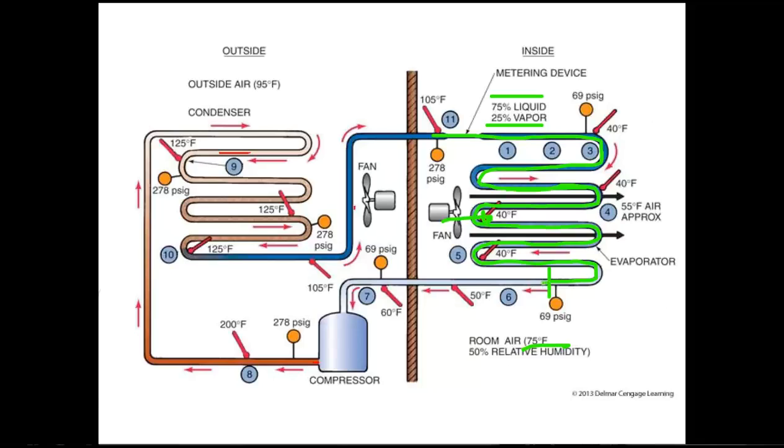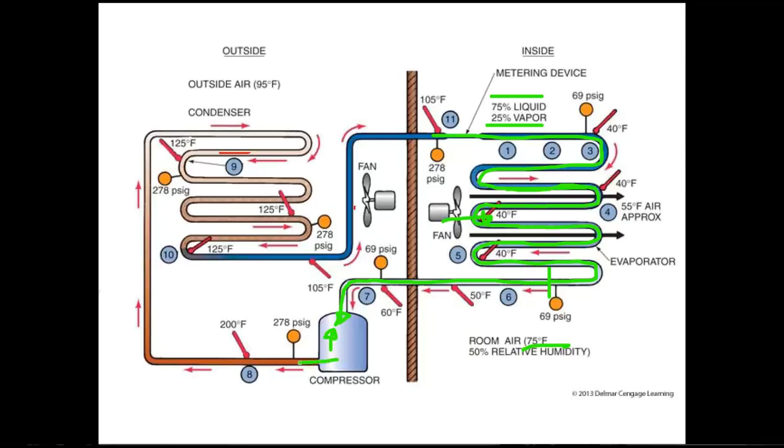100% vapor, and any heat that is picked up doesn't really cool anything, but it does ensure that we have 100% vapor heading back to the compressor. So we have superheated vapor coming back to the compressor. The compressor uses the compression cycle to increase the pressure, which in turn increases the temperature, and we have superheated